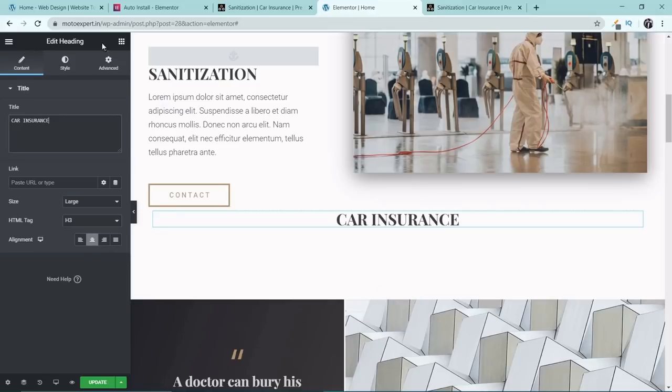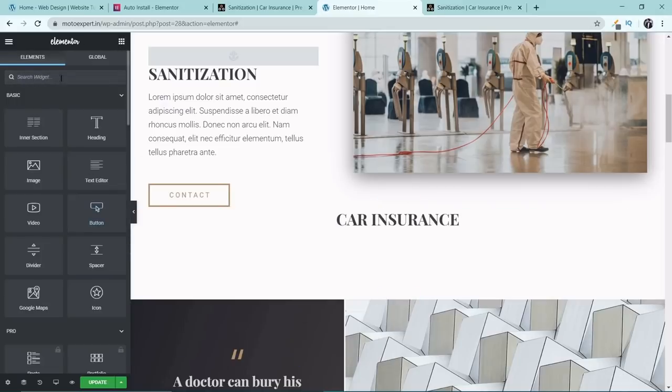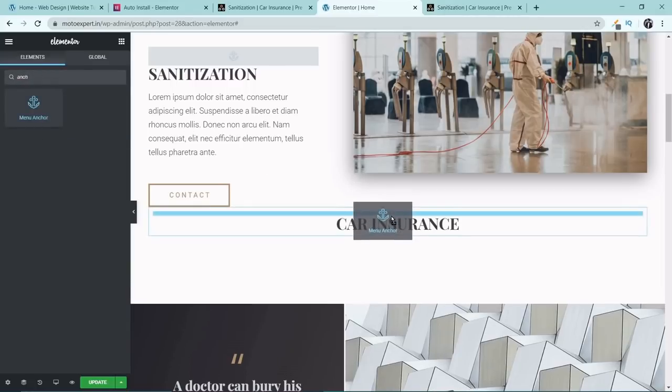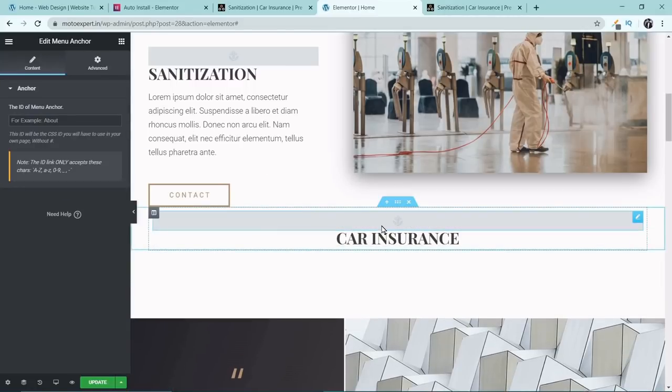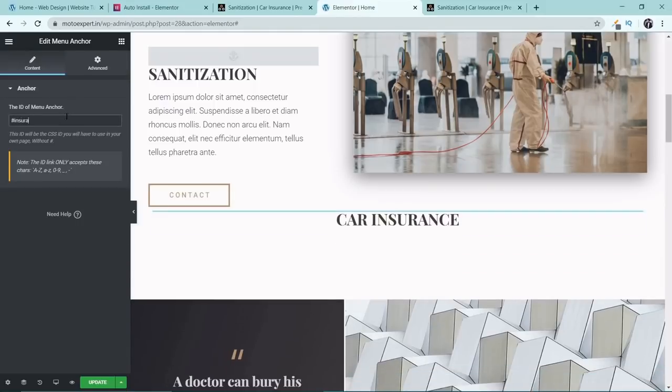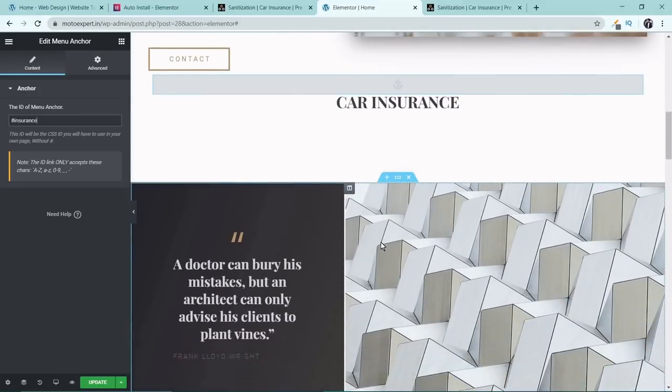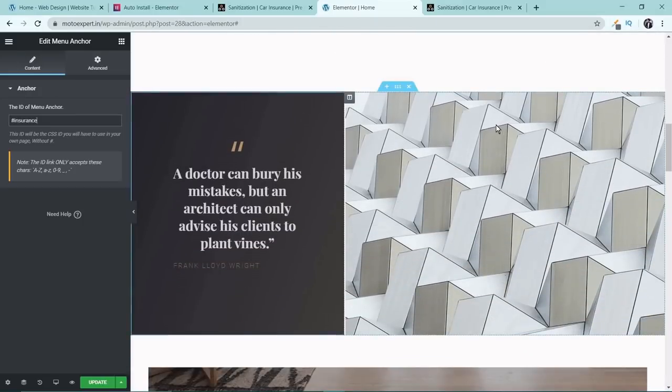And similarly, I can pick the anchor, pick it up and drop it over here, right above it, not below it, and I can mention hashtag insurance, exactly the same thing which I had mentioned while I was creating the menus. So that's car insurance, and I can select this section,